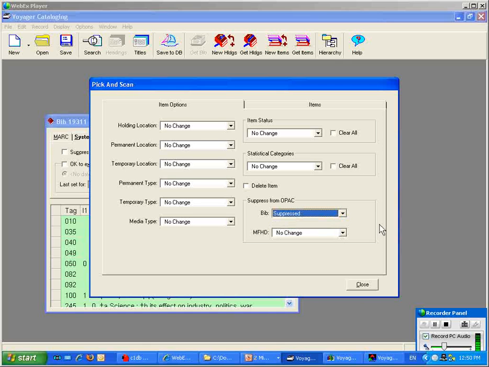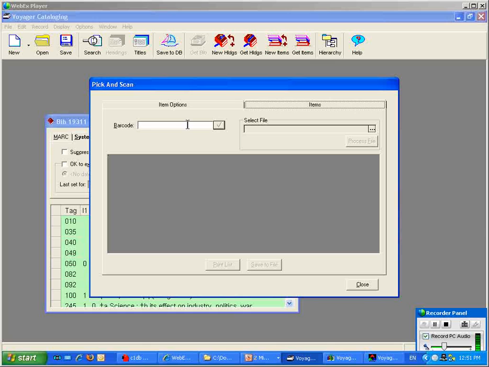And of course, the thing to remember in Voyager is that when we suppress the bib records, everything beneath it in the hierarchy also is suppressed. We also have the opportunity to suppress only the holdings records, and that might be done when we have multiple holdings, something located in the graduate library, something in the music library, something at the main collection, and we want to suppress the holdings and item record for one of those entries. In this example, though, sticking with just the bib entry and going to the Items tab,